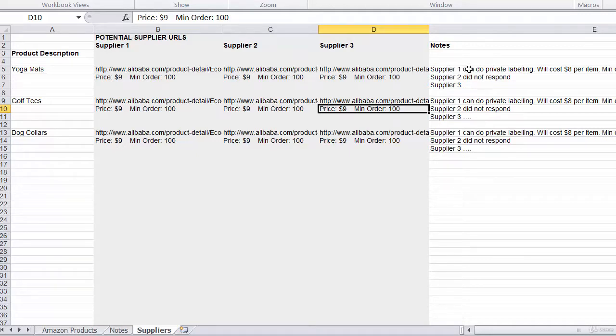Then I've also written some notes here. You know, supplier 1 can do private labeling. It'll do this, that. Supplier 2 did not respond. The reason I've done this is, just to go through the process again, you are going to find 30 to 40 potential Amazon product opportunities, and after doing the next piece of research, looking into viability and profitability,